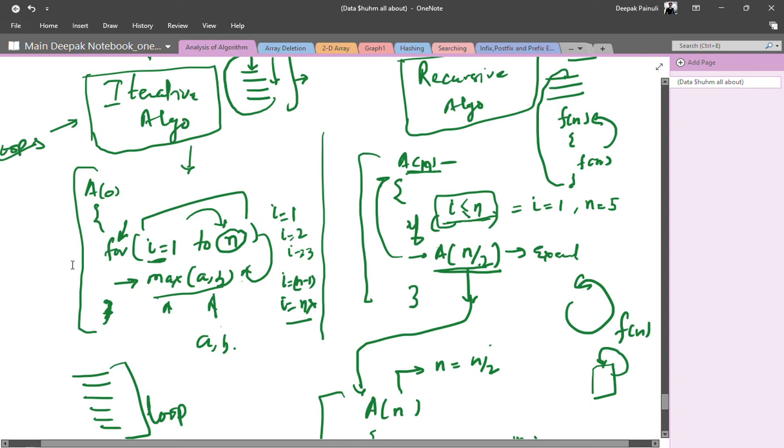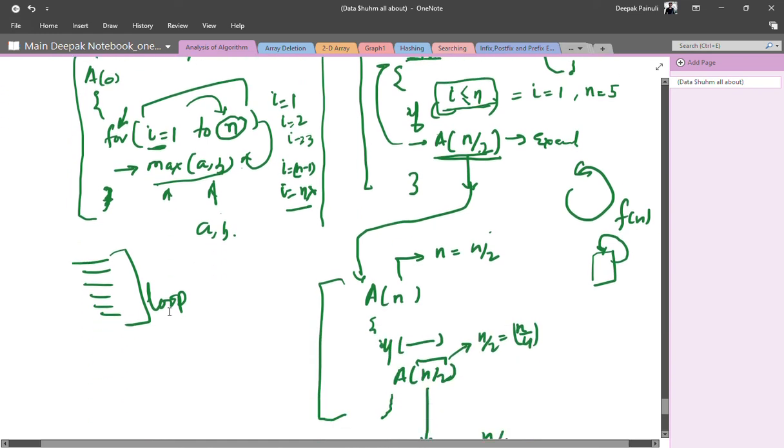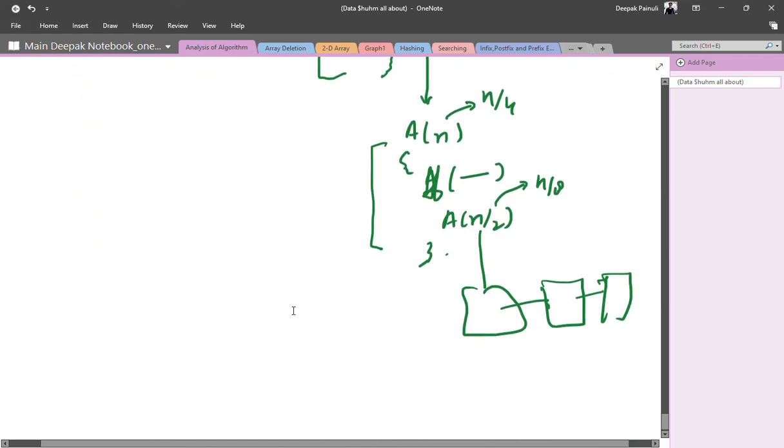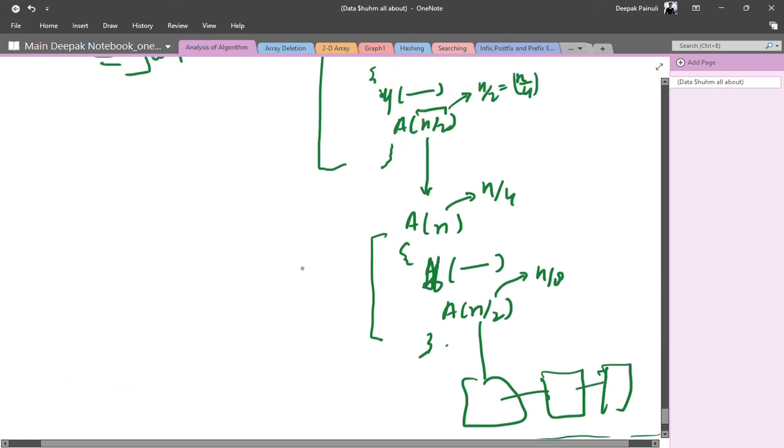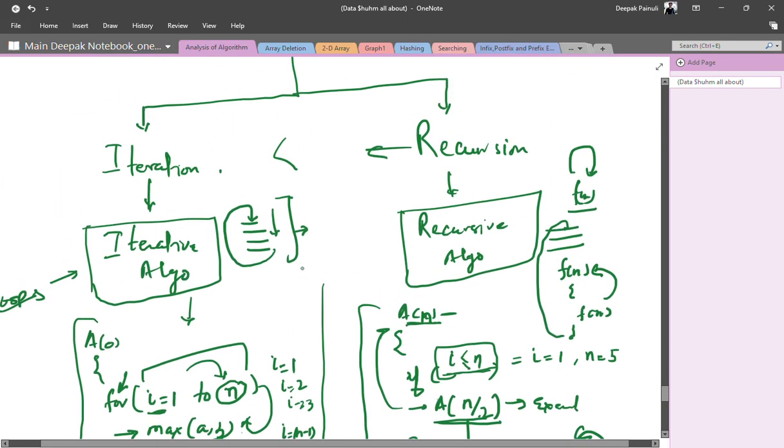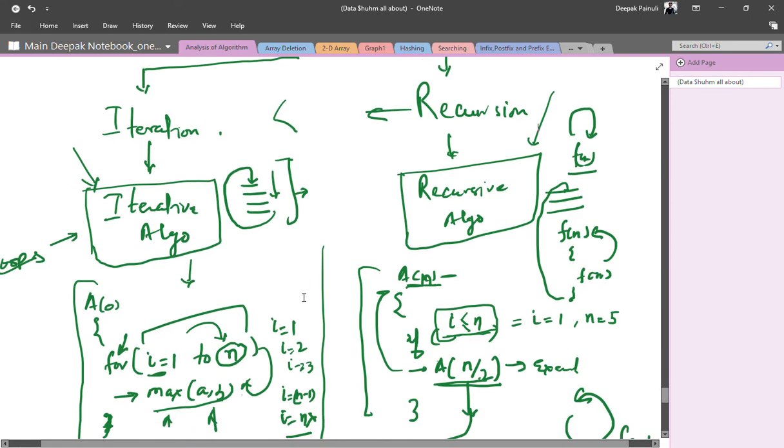We are not calling the function again from itself in the iterative algorithm, right? So this is the main difference, and we need to take care of this during evaluation of time complexity, and we need to take different approaches when we analyze an iterative algorithm or a recursive type of algorithm during time complexity measurement, right?